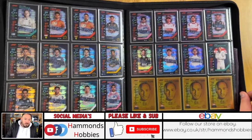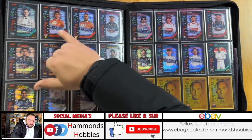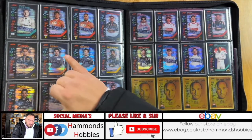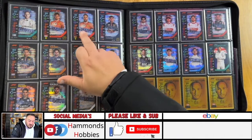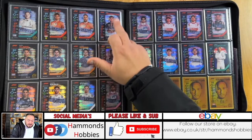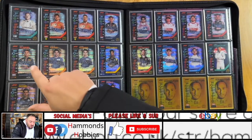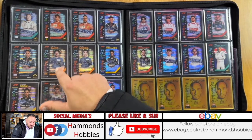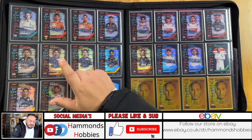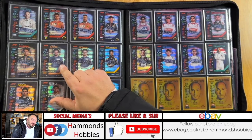So if we have a look here, we have Valtteri Bottas with Bot Fast. We have Charles Leclerc with the Rising Star. I've never heard anyone say the Rising Star, but I may be wrong. You've got Sebastian Vettel, the 4-time champion. Max with Maximum Attack. We've got Alex Albon with Awesome Alex. Then we've got Carlos Sainz with Smooth Operator. And that is actually, I really like that, because at the end of one of these races, they say to him,